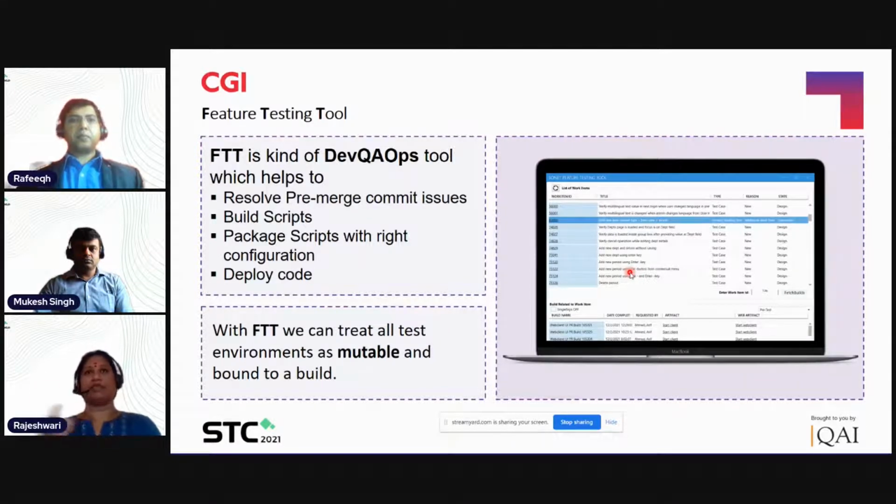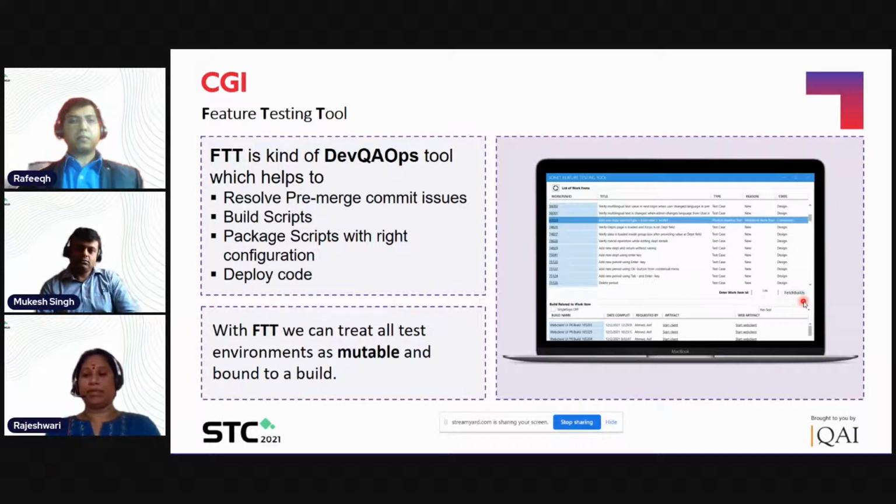So if there is a change request coming from customer environment 1, and if there is another bug coming from customer environment 2, then all these work items will be listed in this tool. So what the tester has to do is simply select that particular work item, and then select the environment where we need to do the testing. It can be customer environment 1 or customer environment 2. Whichever environment we want to test, we select it and just click fetch builds. Automatically, in the back end, it will do all the deployments.